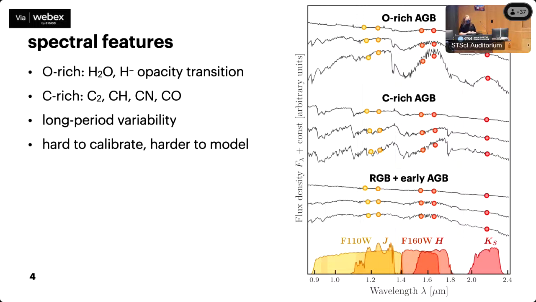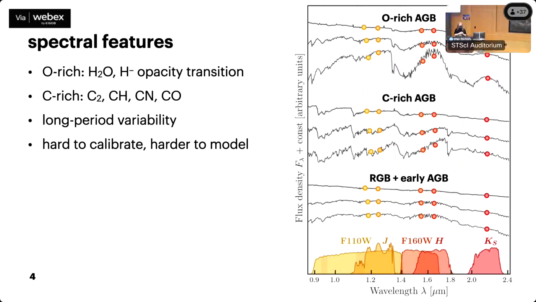Even putting aside whether we can ever really know a bandpass, filter transformations get tricky for AGB stars in the near IR in particular, because you have these really wild SED properties thanks to molecular absorption. In the O-rich ones, you have deep water features that bracket the 1.6 micron opacity minimum. And in C-rich ones, you have all sorts of carbon species all over the place. The RGB and early AGB, or non-thermally pulsing AGB, look pretty well behaved in comparison, but even there, the spectra are not necessarily smooth.